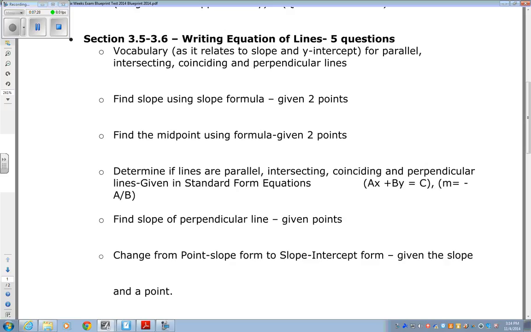The first point. I always use the first point. Okay. All right, so are we good with determining parallel,